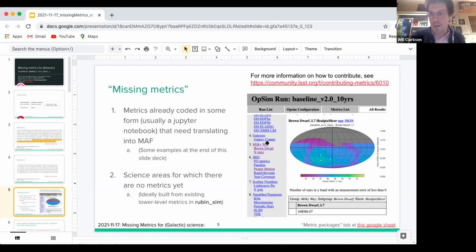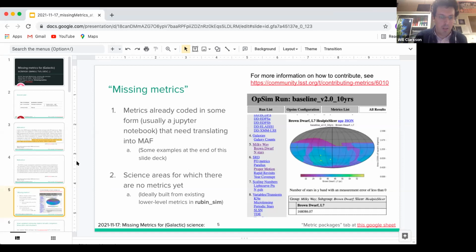And to that end, as I'll show in a minute, there's a huge amount of work being done for these metrics among the communities that are still being developed into a form that can be turned into math. And several people who are working on these have very kindly contributed slides, which you can find at the end of this slide deck. I don't think we'll have time in the session for those to be presented, but I do encourage everybody working on metrics that are relevant to galactic structure, at least, to take a look at those.